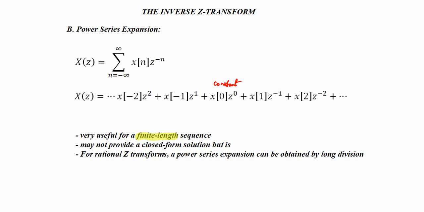Another point related to this: when the z-transform is given as a rational function, meaning numerator divided by denominator, the power series expansion can be obtained by long division. So first we need to perform long division, then we can compare the coefficients. We write the z-transform in series form and compare it with the basic equation. If there is a term z squared in the expanded sequence, we compare its coefficient. Like that we can do, and we will see one problem.